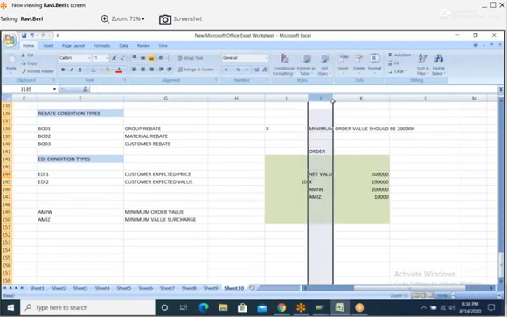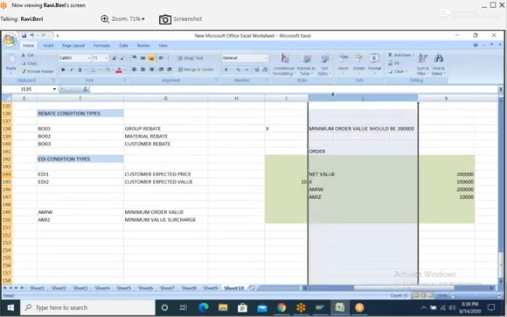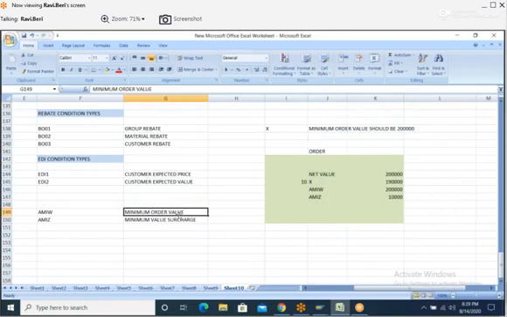So this is about AMIW and AMIZ. Minimum order value we maintain here. For each item, if you have any minimum order value, we maintain it for this condition type. And while creating sales order, it will check the actual value with minimum order value. If the actual value is less, then it will add the surcharge 10,000 and finally make the net value as 2 lakhs. Like that.